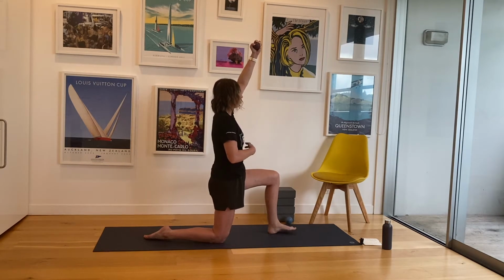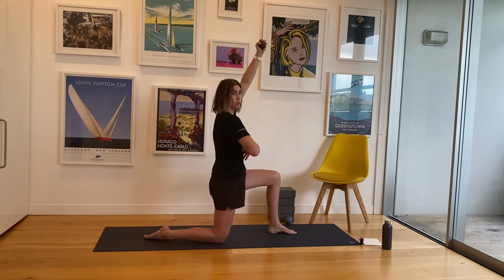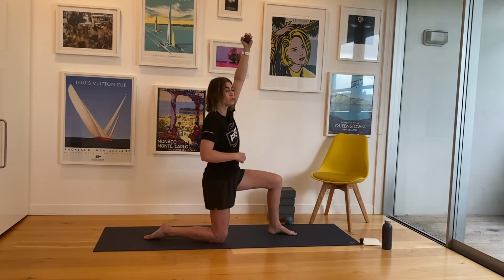So what I really want you to notice here, you have some brace in your core as though someone was going to try and punch you. If your ribs start to flare or your back starts to arch, that is no longer your shoulder doing shoulder stuff, that's your spine helping. So I want you to stop at that point as far as you can go, and then start to turn